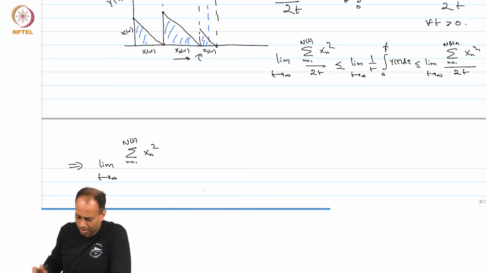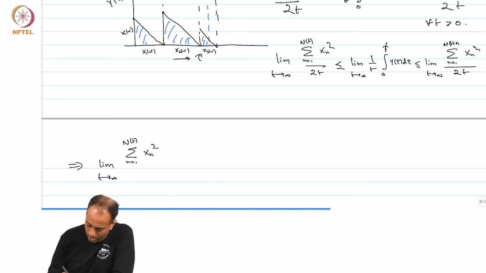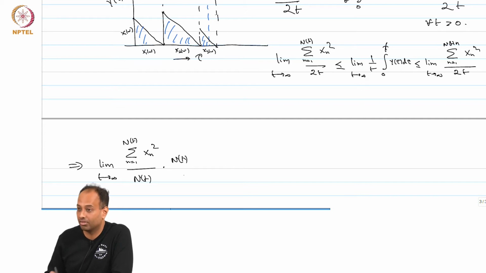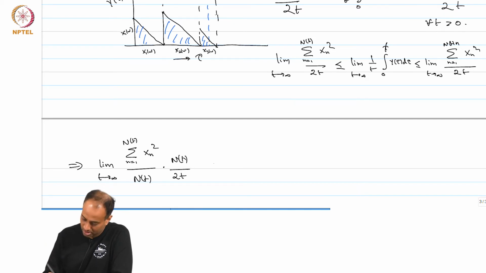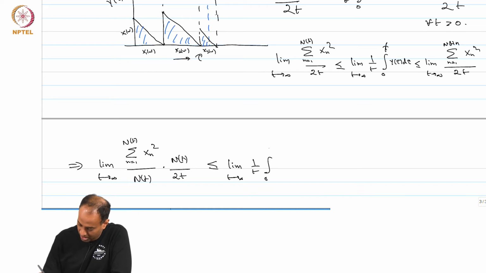N(t). So, in the lower bound I want to divide by N(t) and multiply by N(t), so that they cancel, over 2t. I have just multiplied and divided by N(t), a non-zero, non-negative thing I can do. This is less than or equal to limit t tends to infinity of 1 over t integral 0 to t y(tau) d tau,